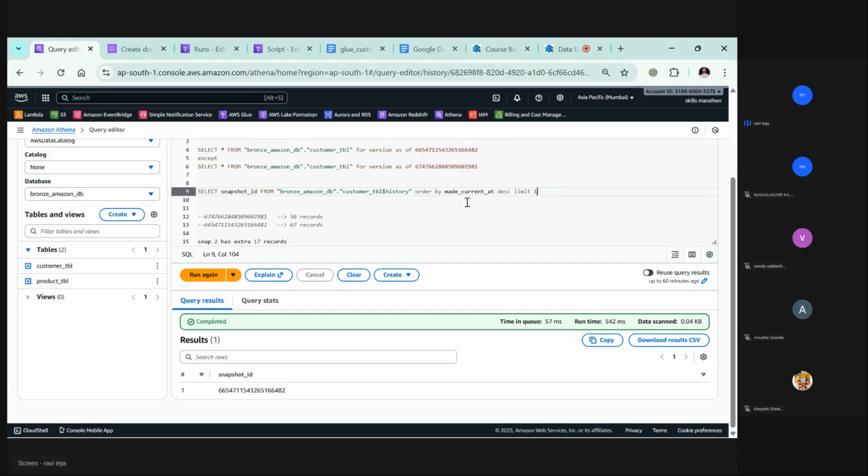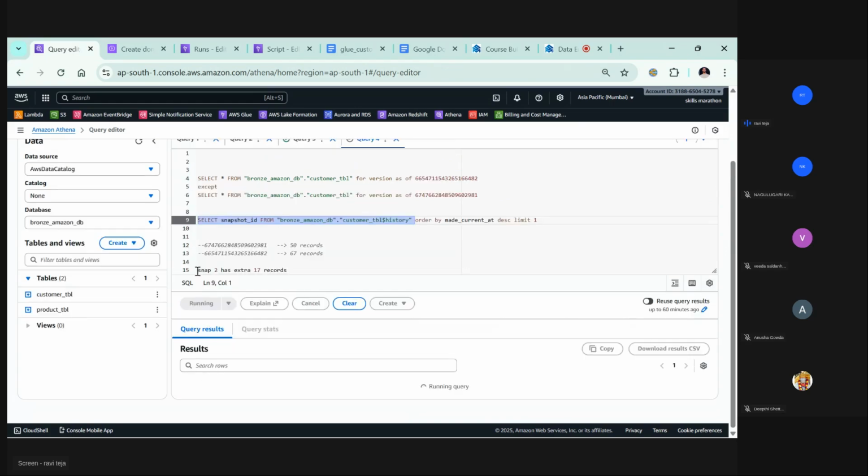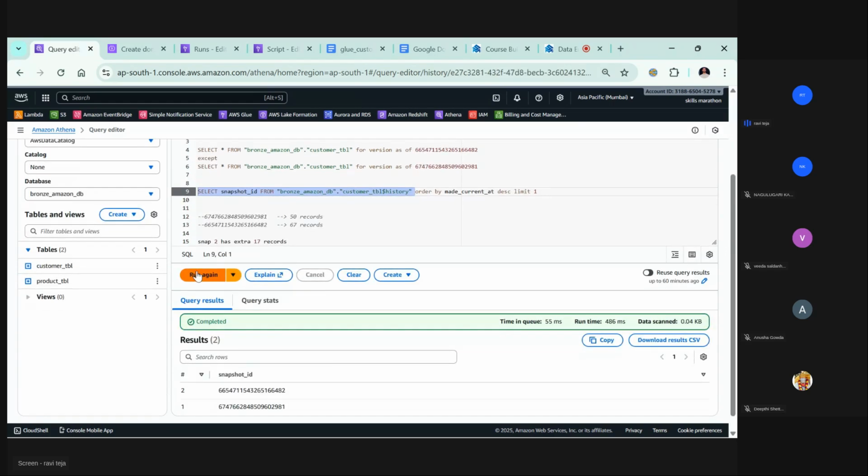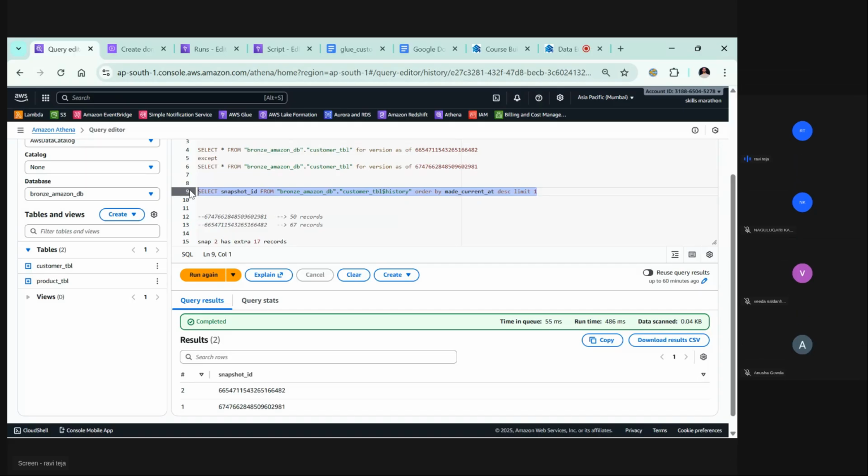Currently you have only two records, but in some cases you might have hundreds, because if you go past some 10 days or 20 days, you'll see a larger number of snapshot IDs. Then how do you pick the latest one from it? For the latest one, I always use the same logic. But how do you pick the previous one? And there is one more thing: did our Glue job really process that previous snapshot ID?